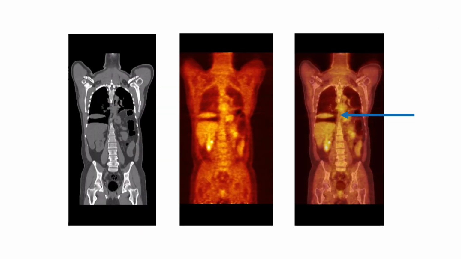This is another typical artifact that we can find in hybrid imaging. It is an example of artifact due to breathing. In the CT image, the liver has a typical artifact that occurs when CT is acquired in free breathing, but the artifact is propagated to PET when using the CT to correct for attenuation, as the linear attenuation coefficients of the liver are applied to a part of the lung in the PET images.